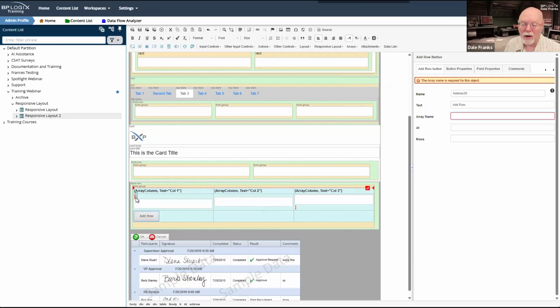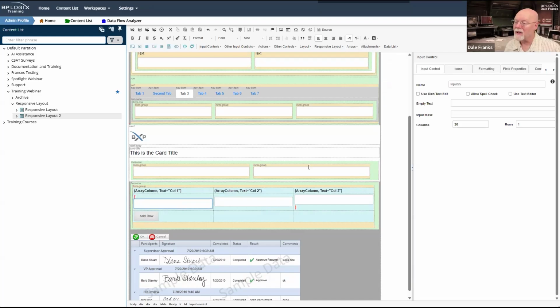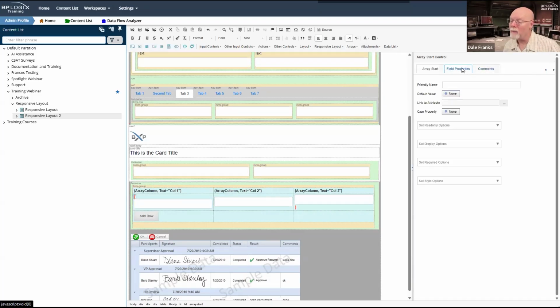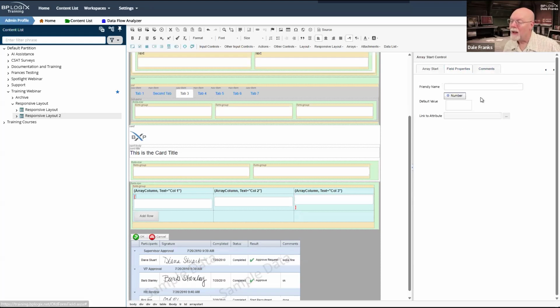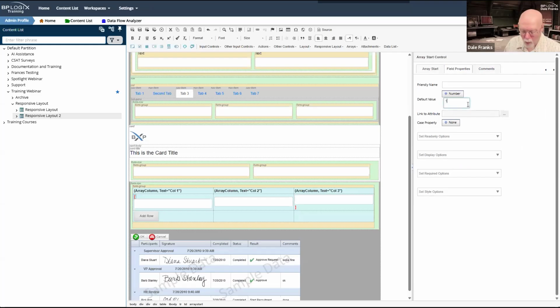And then of course, I'm just going to go ahead and do my regular array thing where I'm just going to click on my array control and select it. And oh, it won't let me go anywhere until I paste array start 24 in there. Now I can select my, oops, not my input control. Need to select my array control, and I will go in and set its default value as a number to 1 so that I have one blank row of the array when the form kicks off.